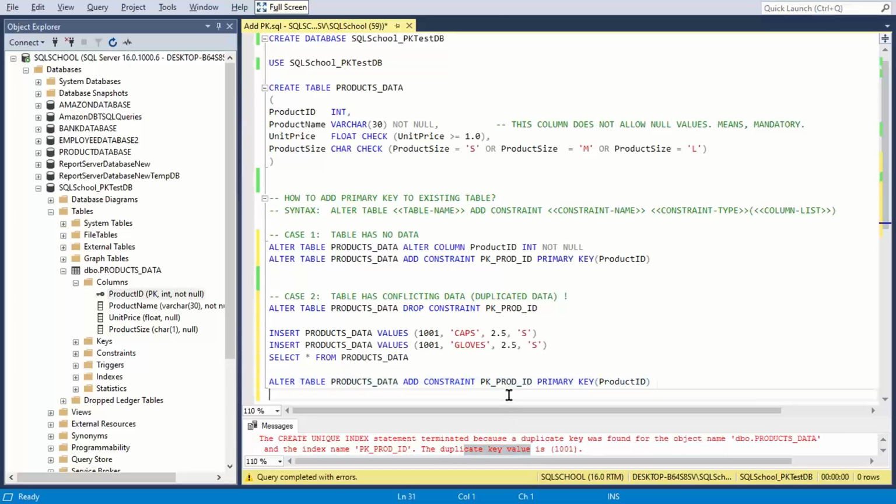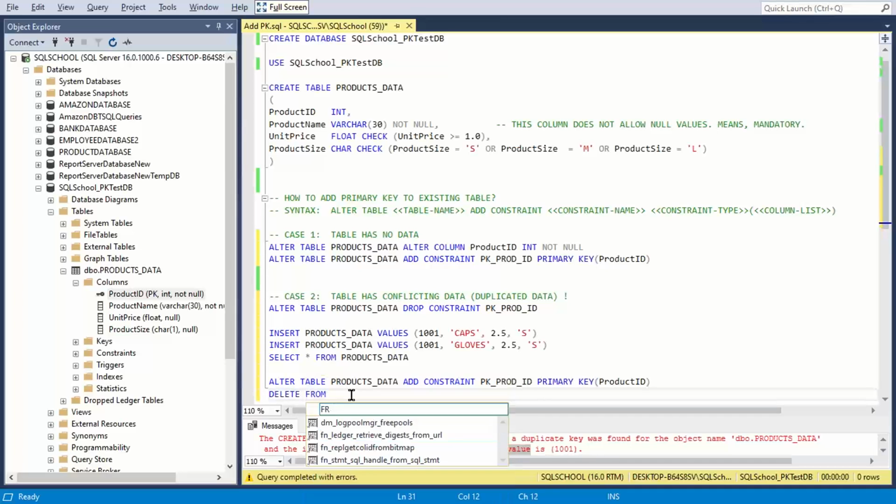So what do we do? Some way or the other, you need to remove the duplicate values. There are different techniques to delete only the duplicated entries. I'll surely try to make a video on possible techniques to delete the duplicated rows using CTEs, rank, row number, window functions, views, etc. There are different techniques, combinations of techniques.